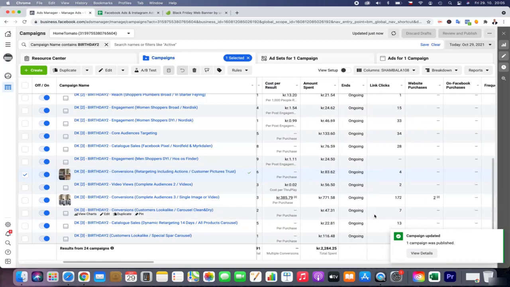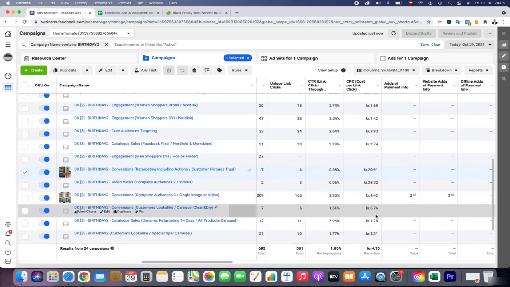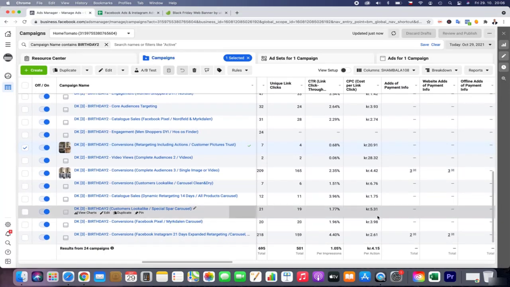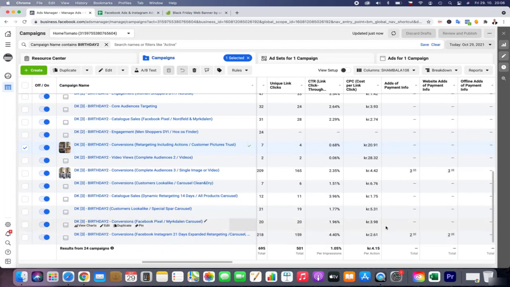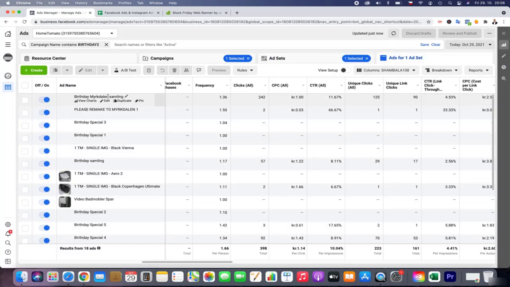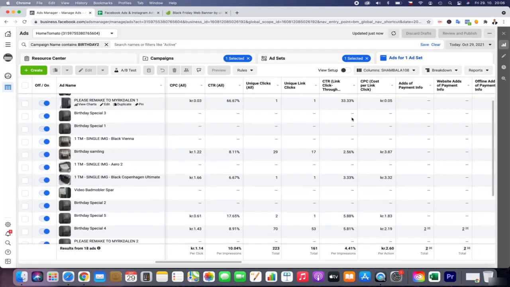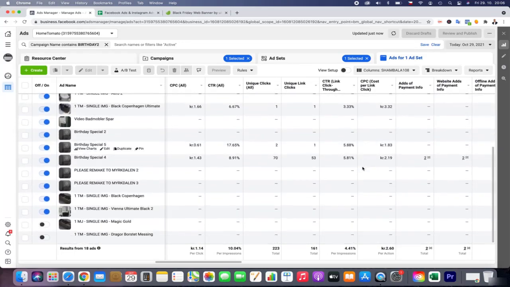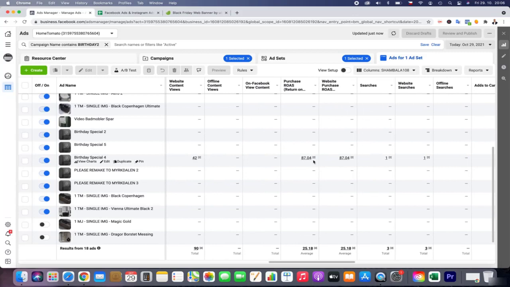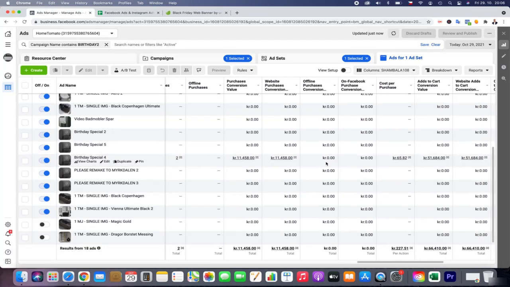Then we have a special for a product called toilet. It's quite okay. Dynamic retargeting is doing well. Lookalike of customers is doing well. And it seems everything is doing well if you look at the engagement on Facebook. Wow, this is doing incredible. This is really, really good. And I think it's really driving this birthday special. They're really ready to purchase. They're really ready.